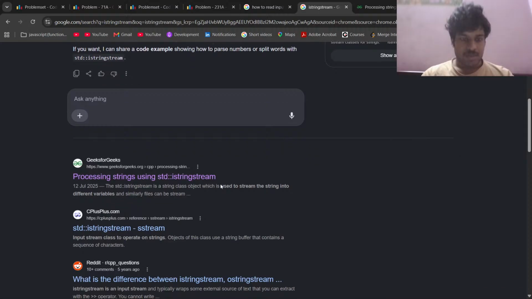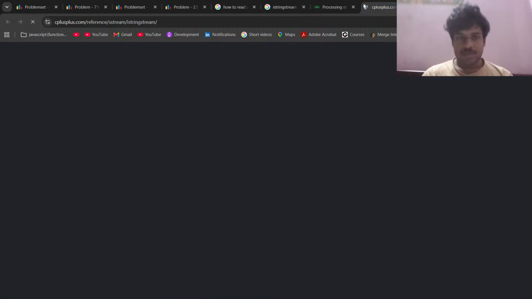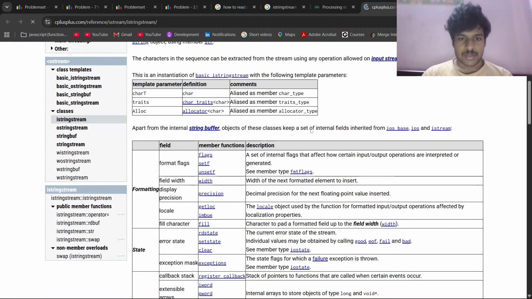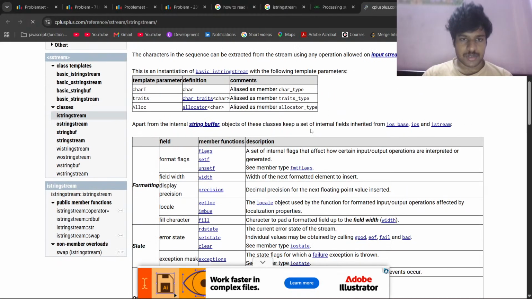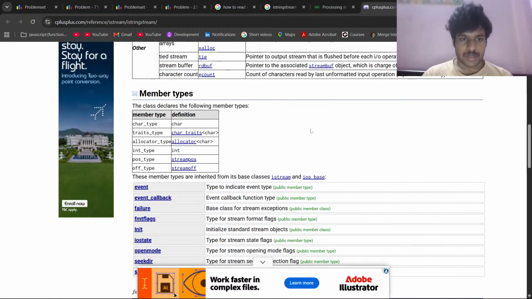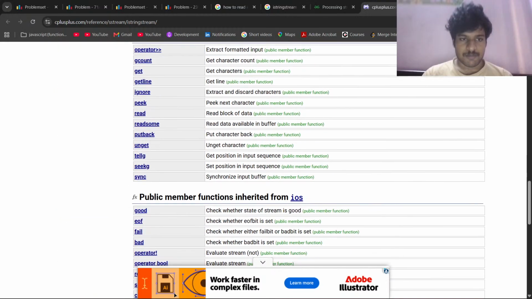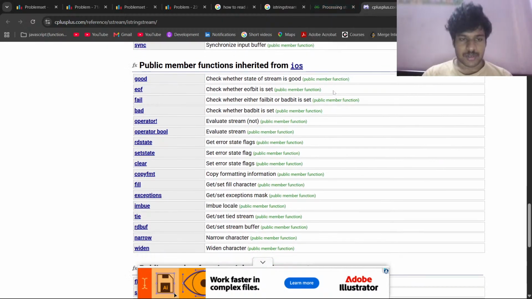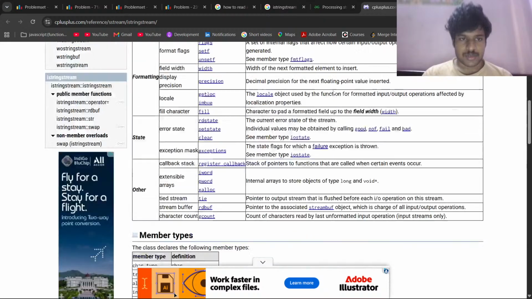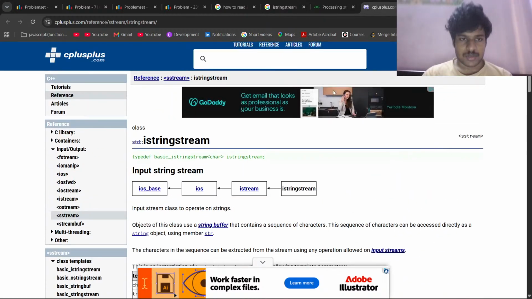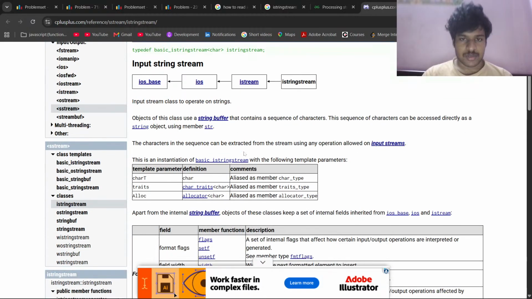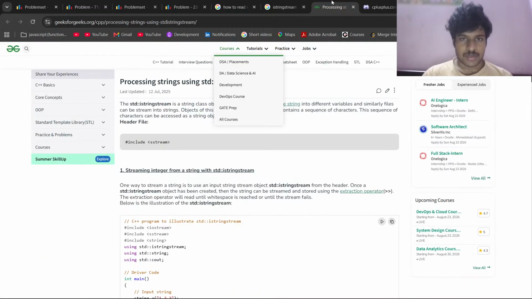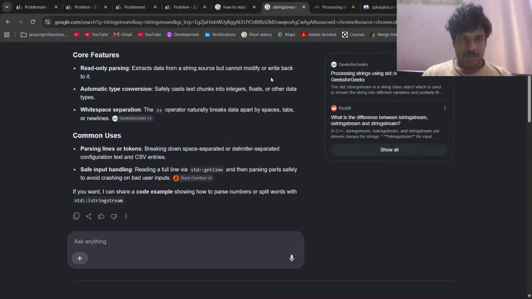Only removes just white spaces. It's used mainly for strings, I think. But okay, anyway, question is,